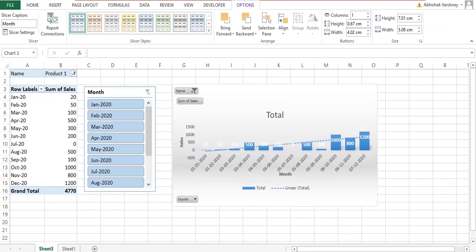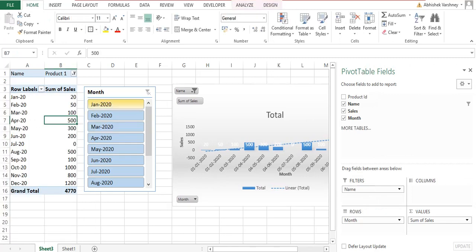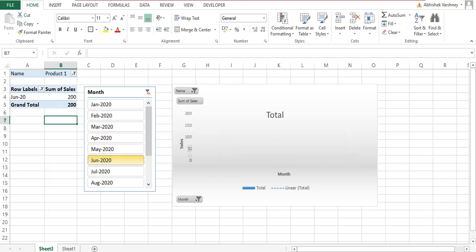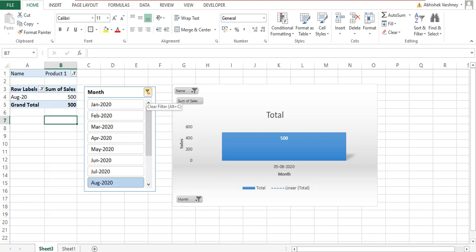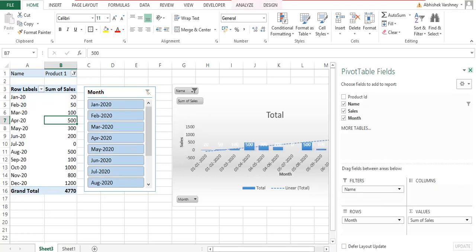I've just put it on the right hand side. So in case of going here and filtering it out, I can directly filter on this particular slicer. If I click on February, it will just filter out the February month data from the pivot table, as well as the chart will also get updated. Likewise, I can select any of the other months to see my numbers. To unfilter, you just have to click on this clear filter, and it will again come back to all the months.